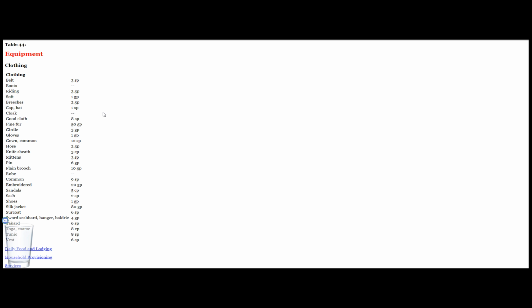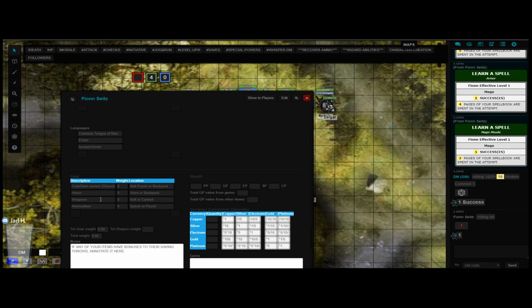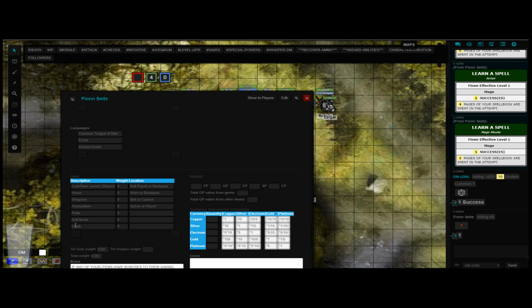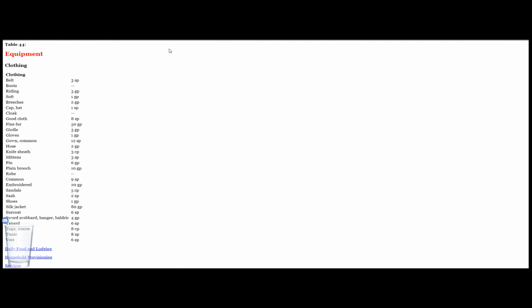Because as I see it, I can just put on some gloves. Okay. So you said you wanted a robe? A robe, boots, and cloak. Riding boots or soft boots? Soft boots. I think comfort is important for a wizard. But they're free, of course. They're not free. If you read lower,